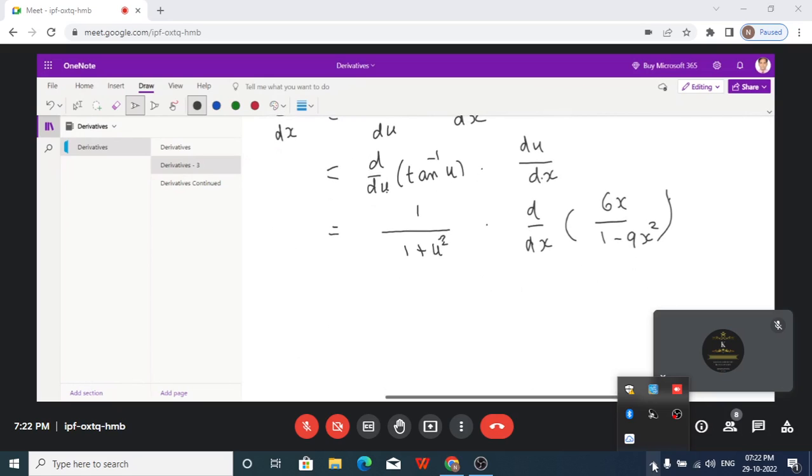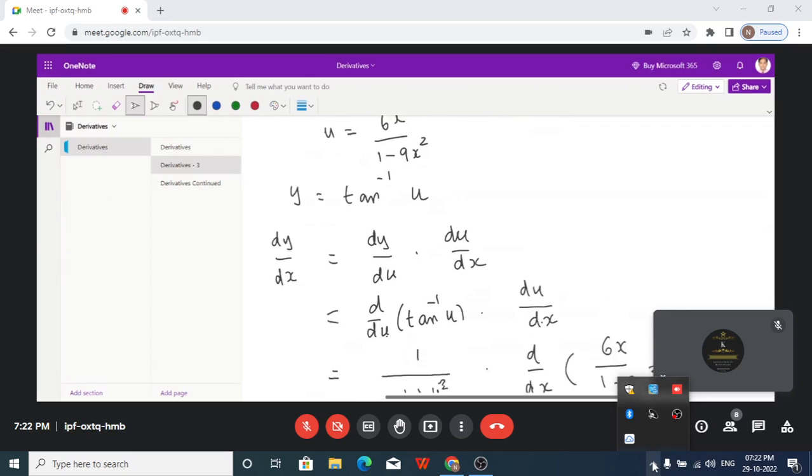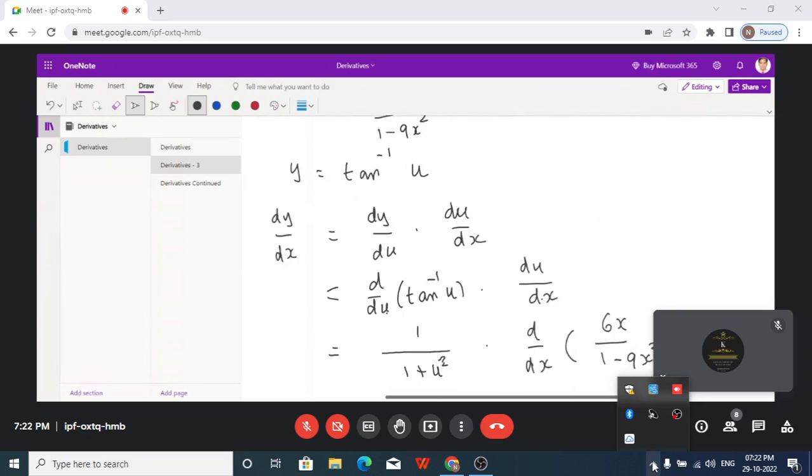So you all agree with this? Yes, sir. The result is going to be 1 by 1 plus u square into d by dx of 6x divided by 1 minus 9x square. Right? Now this u we have to eliminate. We have to substitute u equal to whatever value. So we'll do 1 plus u square. What is 1 plus u square? Equal to 1 plus 6x by